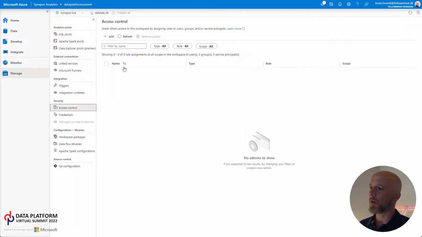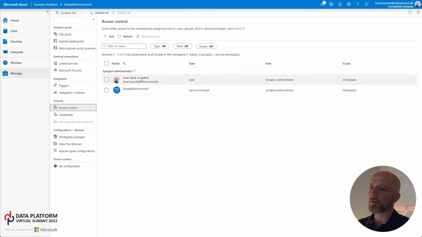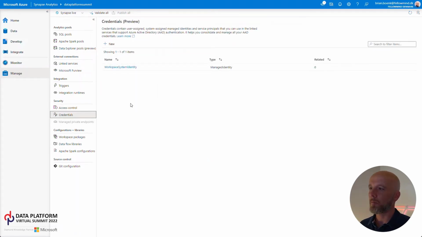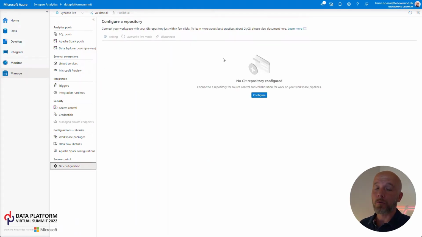This is me. I have access. I'm the Synapse administrator. I can see the credentials. This is a managed identity. I can also do a Git integration directly to a Git repository. I can do that right here. That was the workspace. Now I'm going to dive directly into the fun stuff, the query of the data